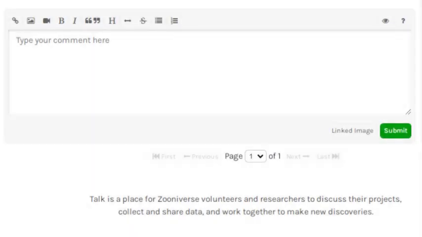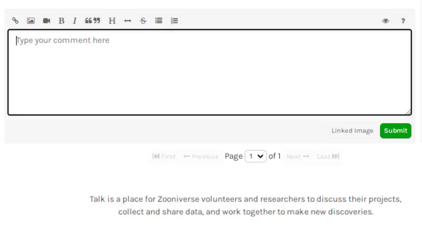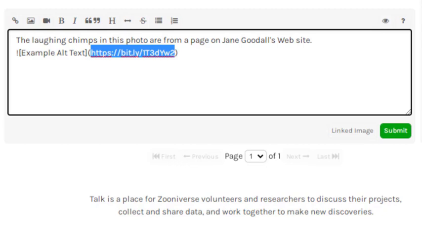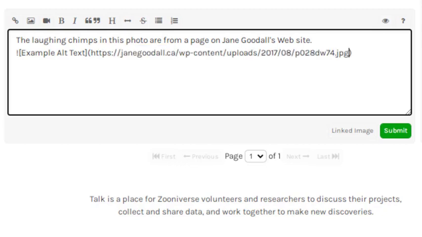You can use the Image button to link to images and collages available online. Type the message you want to send, then on a new line, click the Image button and replace the default text with the URL to the page where the image is hosted.